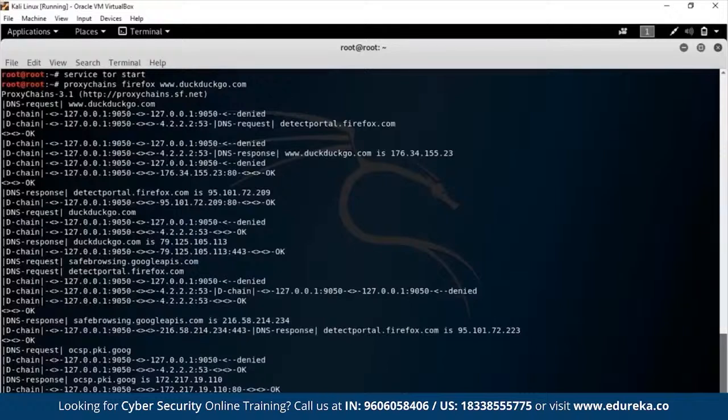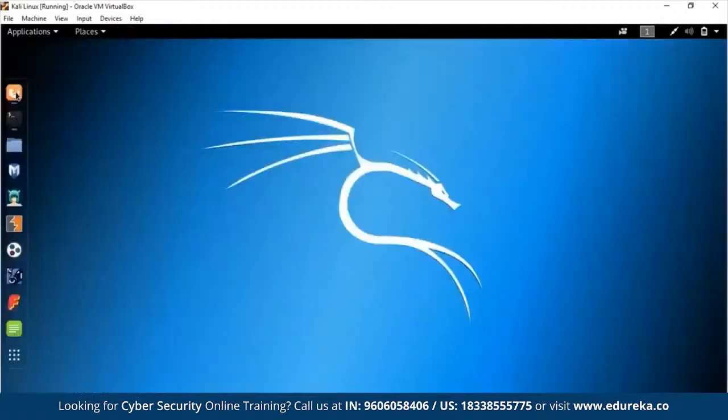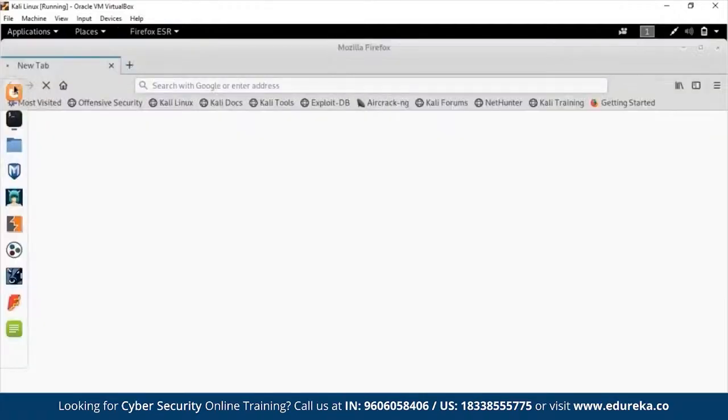Now, if this computer just decides to open up DuckDuckGo.com on Mozilla, I could actually show you some interesting stuff, but it seems my computer has kind of given up on actually opening DuckDuckGo. It's still waiting for DuckDuckGo's confirmation, but that's about it. So this is how you can configure proxy chains. I'm really sorry that my computer isn't working so well right now, and nothing is opening on Mozilla. It's mostly because my RAM is overloaded. I think I should go ahead and get myself a new RAM.